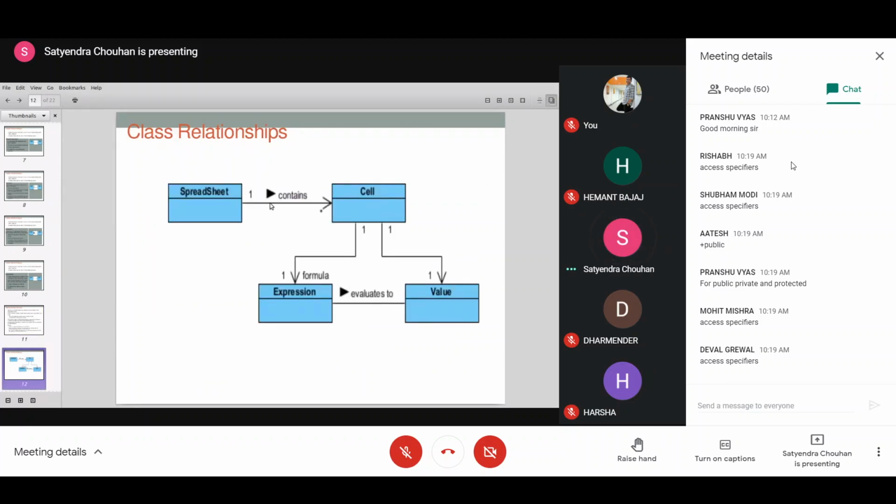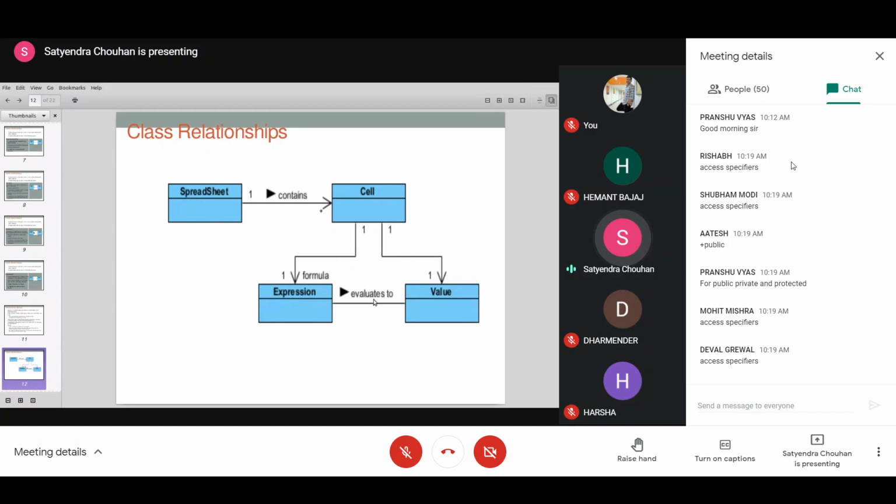So you can see a spreadsheet contains cells, and that relationship is shown by writing it in the middle, and the one-to-many relationship is shown by 1 and the star. A cell can have a formula written inside it, so expressions can be written there. So there is an expression class.